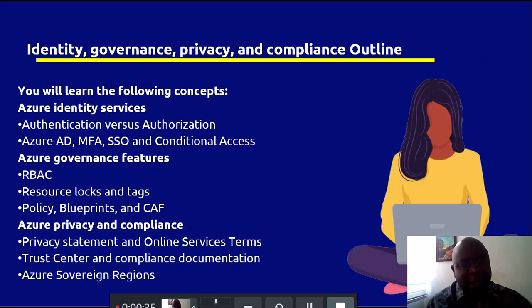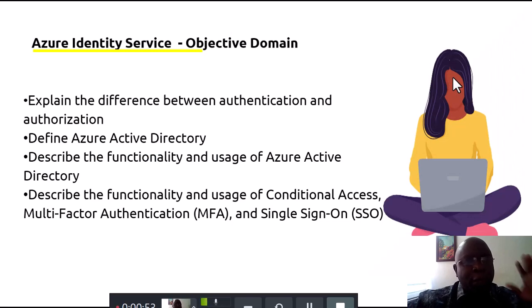So in Module 5, we're going to start with authentication and authorization. We're going to look at some things like Azure Active Directory. We're going to talk about MFA, SSO, and conditional access, up to Azure privacy and compliance. So we're going to start right away